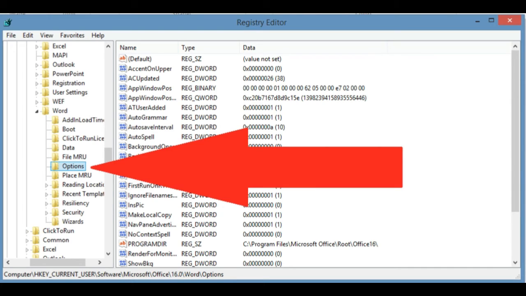So now you're set. But now for this next part, again, make sure Word is completely turned off if that didn't work. And we're going to do the same thing, but under the Options setting there. So what you want to do is right click on that, and export, and just save it again to the desktop as Word Options BK. And then once that's all saved and you confirmed it's on the desktop, you go and right click Delete under Options, and now try and open up your problem document.